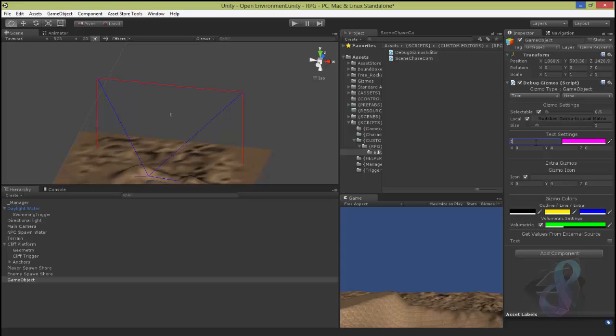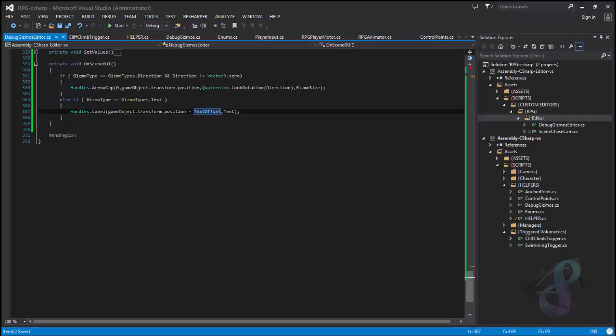Okay, let's try it. And I will change it to player spawner, so I will get this guy, because this is the place of our text. You see, yeah, it's working anyway. It's 0 and higher up, and I can draw another line from here to there. If I go back,